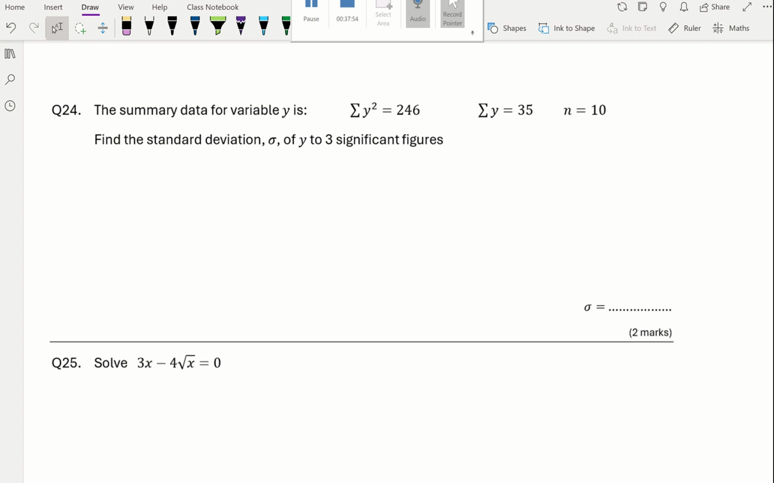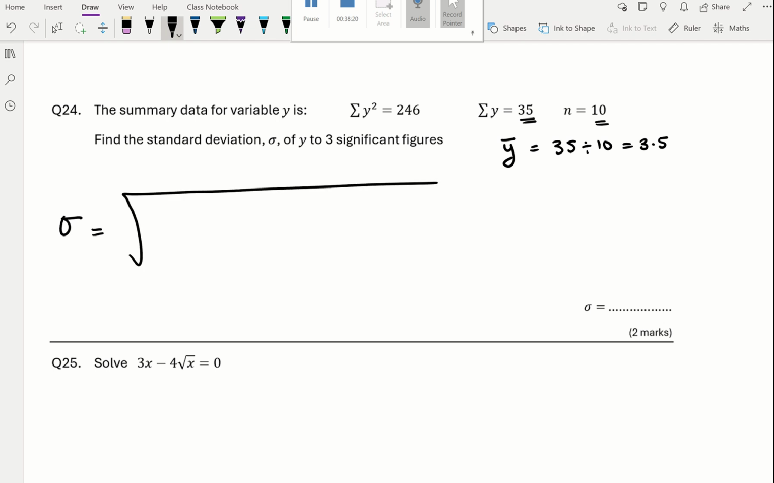The summary data for variable y, and they give you what you need. Find the standard deviation to 3 significant figures. The first thing I would do is find the mean of y, which is the sum of y divided by n. So 35 divided by 10 is 3.5. And then the standard deviation is the square root of y squared over n minus the mean all squared. And that's going to give you